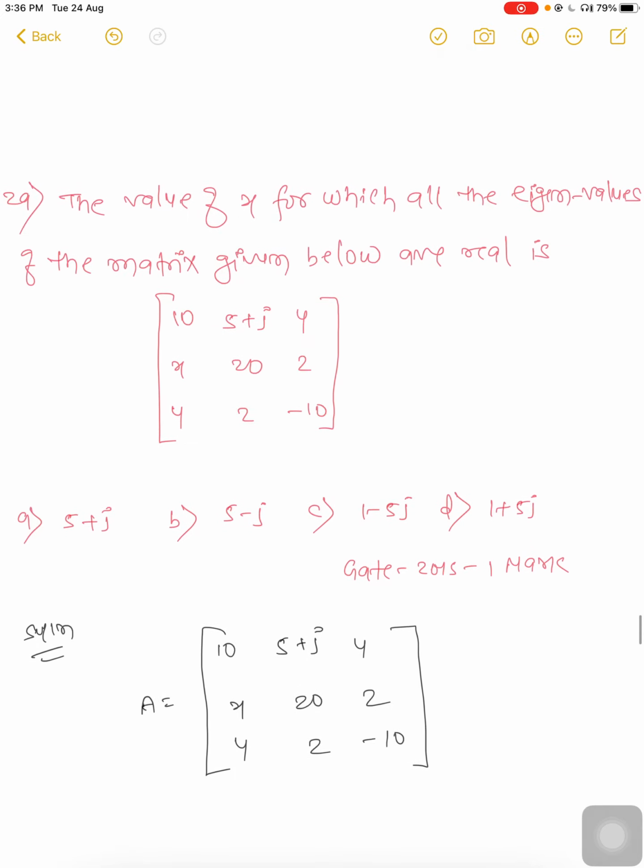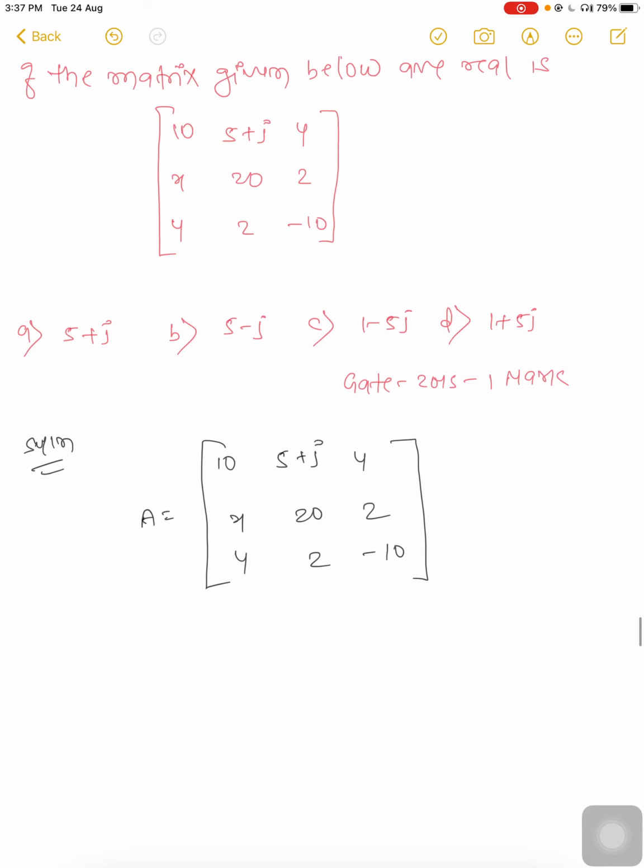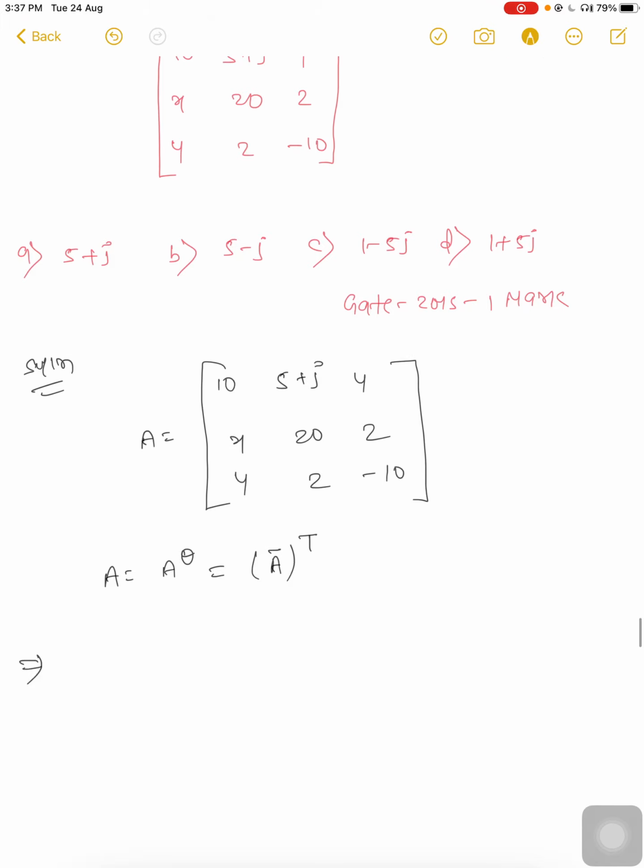The eigenvalues are real, so the matrix is Hermitian, so A is equal to A dagger. It means the complement of matrix A, and its transpose, will be equal. So now do it. First take the complement. A complement will be